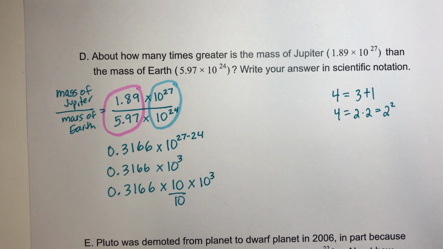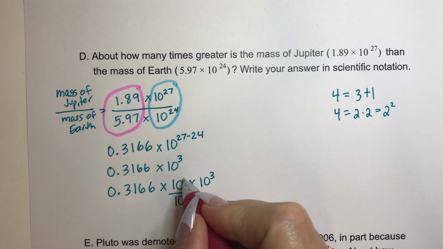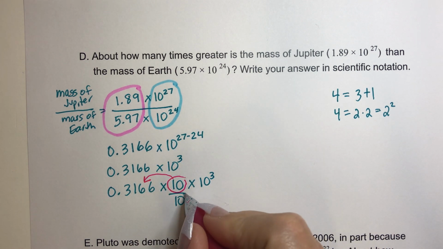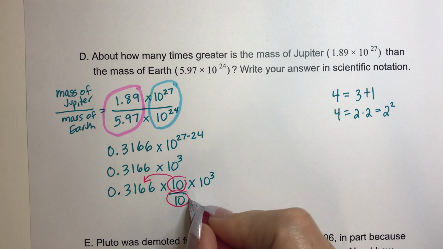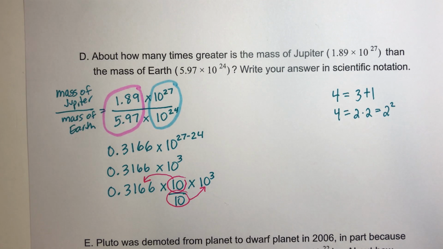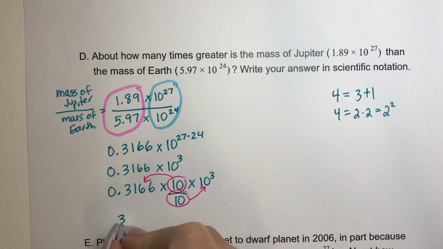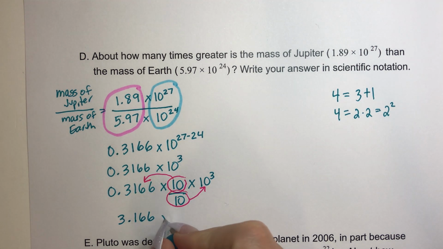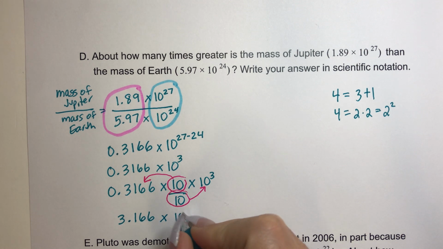thing. However, this 10 right here is going to be multiplied by there, and then this divided by 10 is going to be applied right there. So we're kind of putting it in 2 different spots. So we end up with 10 times that. It moves over 1 decimal place, and I'm left with 3.166, which is now a number between 1 and 10, which is wonderful, times my original 10 to the 3rd,